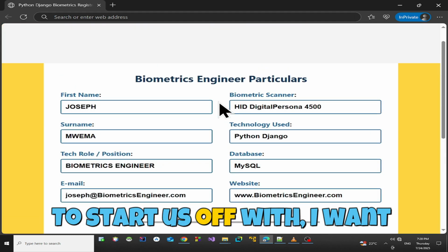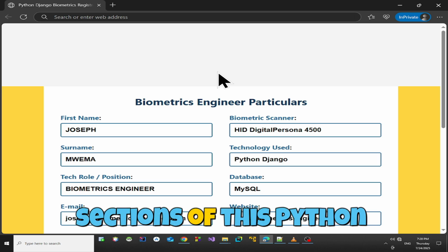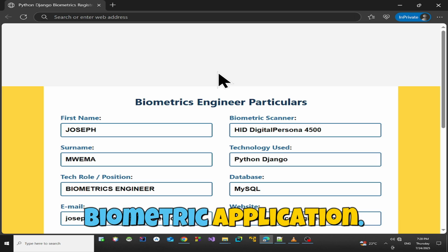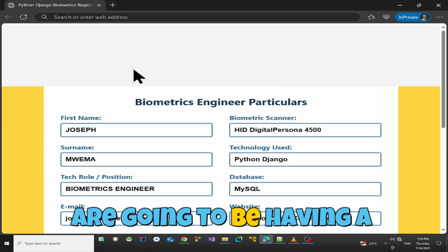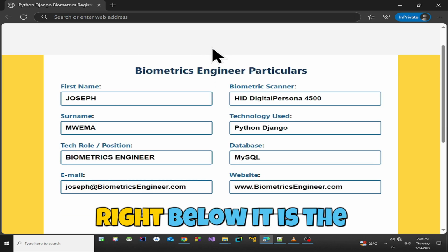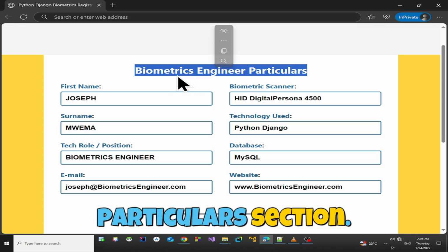To start us off with, I want to show you the basic sections of this Python Django biometric application. So at the very top here, we are going to be having a header image. Right below it is the biometrics engineer particulars section.